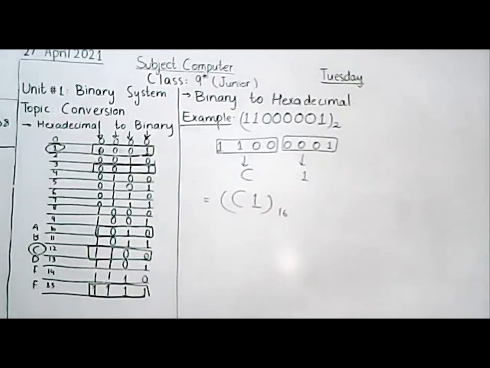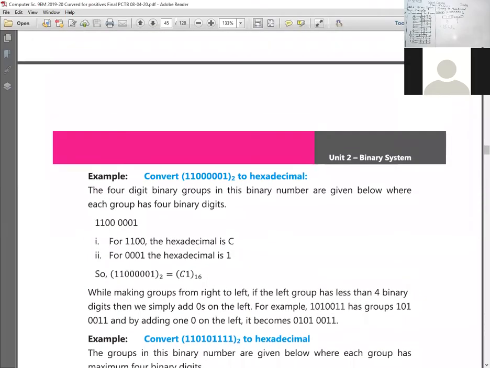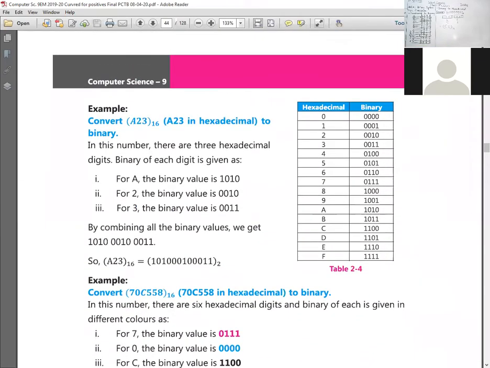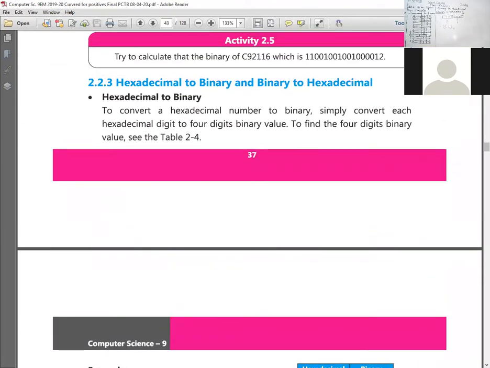Okay, now we will take a look at the book to see what we have done today. So I'm just opening the book with you. Here you can see what we have done today. We have done from page number 37, right? So we will go for hexadecimal to binary.